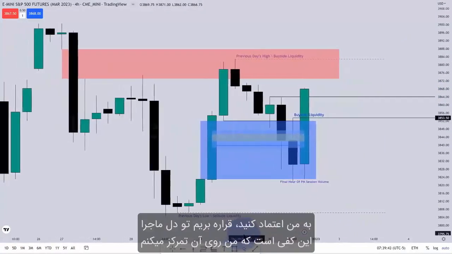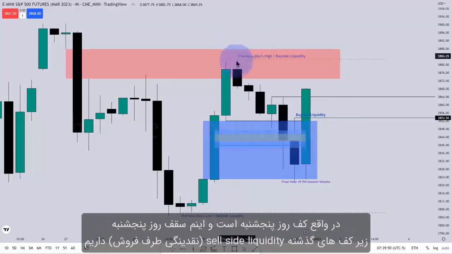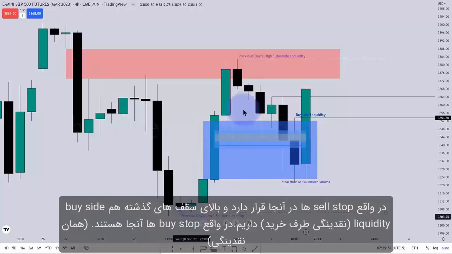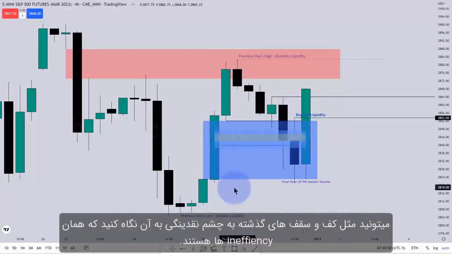Okay, and trust me, we'll go through this. So here's the lows I'm focusing on, based on Thursday and Thursday's high. Below old lows is sell side liquidity, basically sell stops. Above old highs is buy side liquidity, basically buy stops. That is liquidity, okay? When we have a range, like from this candle's high and that candle's low, now if you're not looking at old highs and old lows for liquidity,